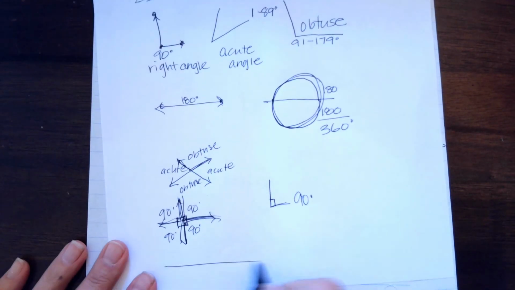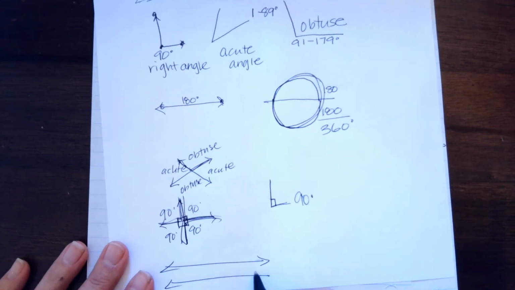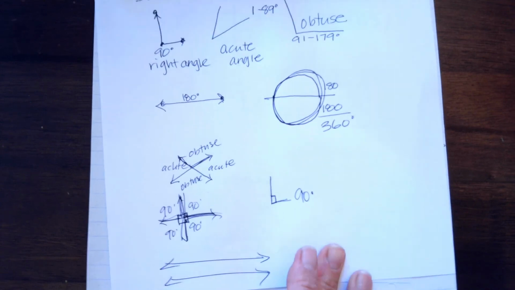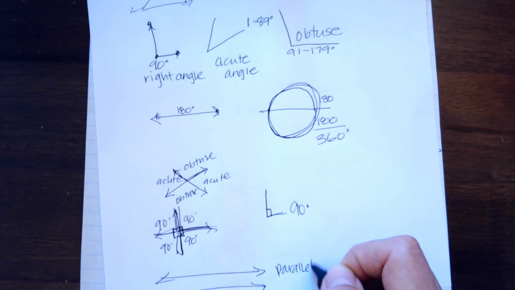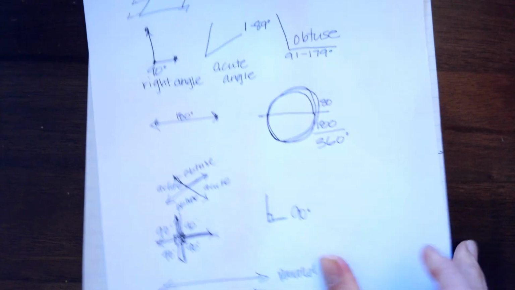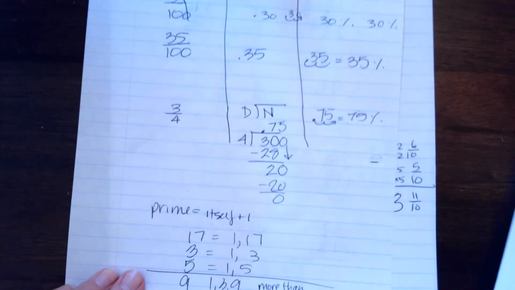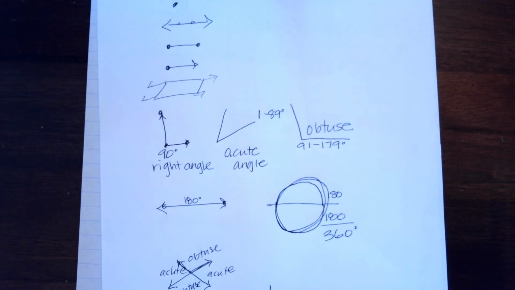Yeah. Awesome. These are parallel lines. No matter how long they go on, they will never cross. So that is parallel lines. All right. Next one is a